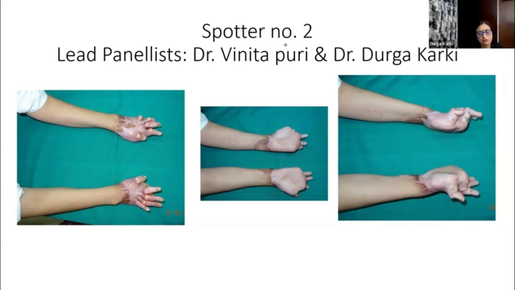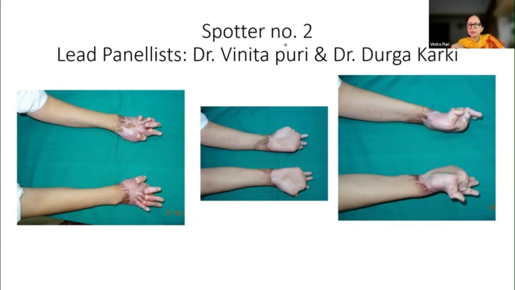In the examination, what will you tell in this patient? What are the positive points? Take the right hand. Ma'am, we see MCP hyperextension, and a hypopigmented patch over the dorsum of the hand and fingers, and IP joint flexion, ma'am. Your time is going. Just tell all the points in the examination, everything that you will examine.